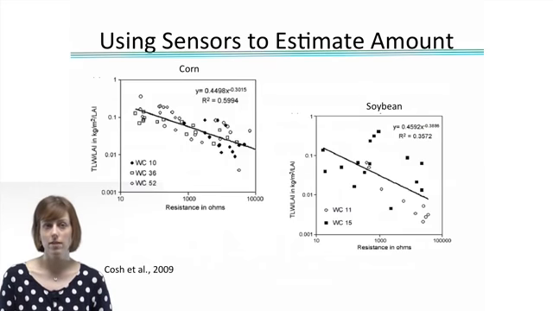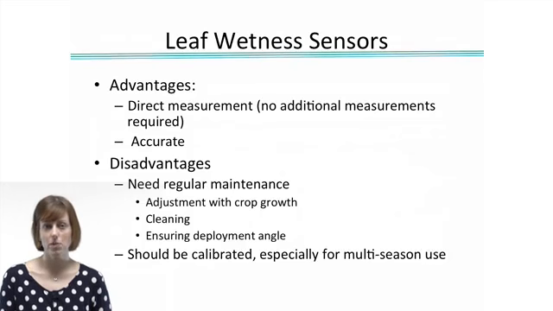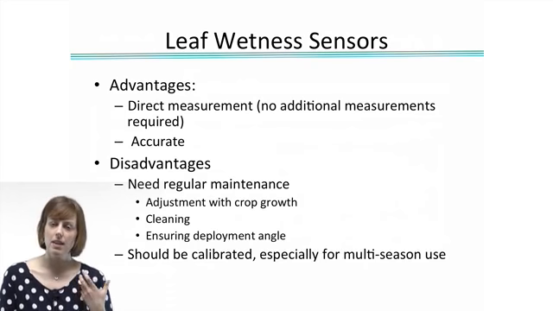The advantage of leaf wetness sensors is that they're a direct measurement. You don't require any additional measurements. You can place this in the field and be somewhat comfortable that you're going to receive accurate estimations of leaf wetness duration. The disadvantages are, and this is sort of where they get forgotten, that you need to adjust it